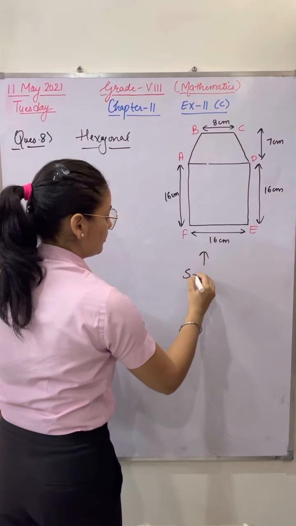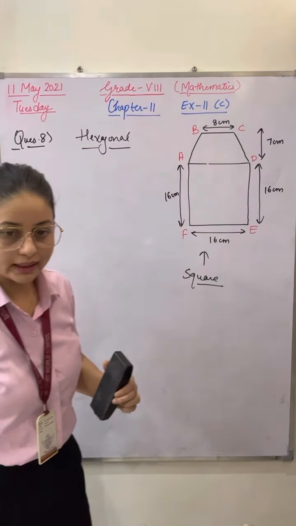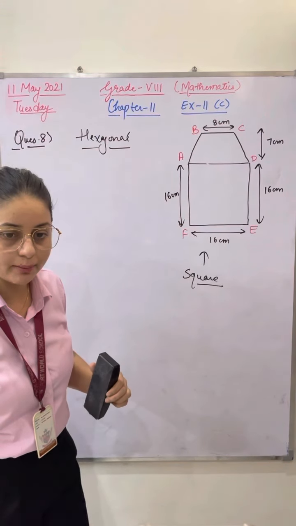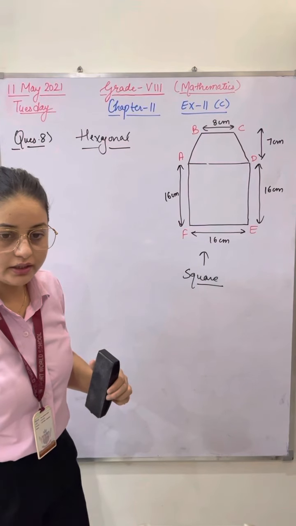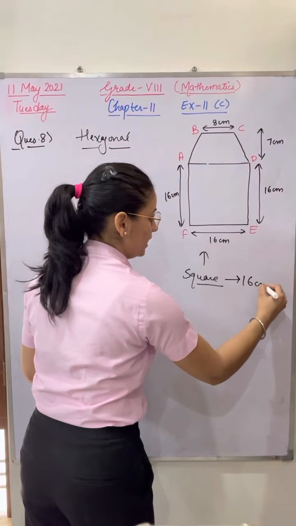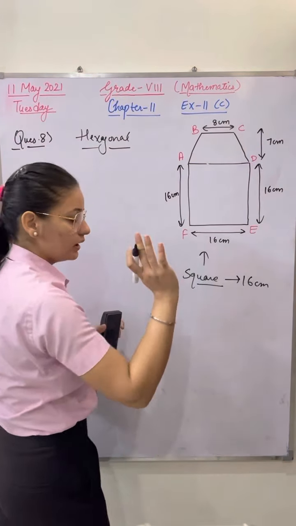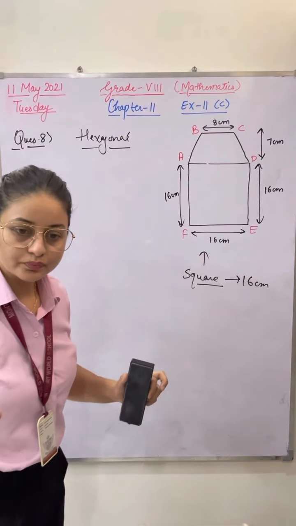Can you tell me, if I take this one square, what is the side of the square? What is the side of the square given to you in this shape? Very good. The side is given as 16 centimeter. Okay, so I can take out the area of the square. Area of square is